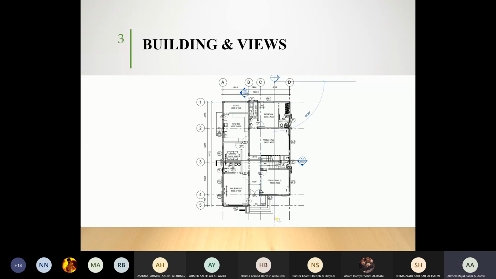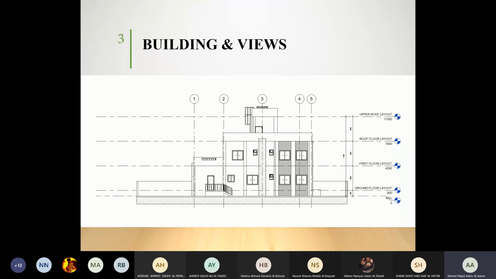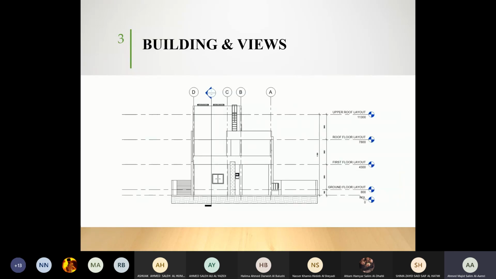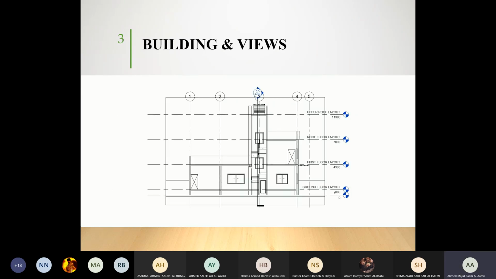Now I'm trying to take a section. Okay, so once again, this is not a section. This is an elevation from outside. If you are seeing it from outside, it's an elevation, but this is not rendered. This is not with colors. These are different elevations. Now, whenever you are cutting your building from inside, that one is to be called a section. This is a colored version of the elevation. So once again, whenever you are cutting it from inside, you will see your section.